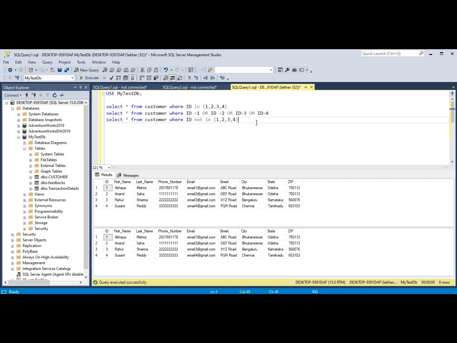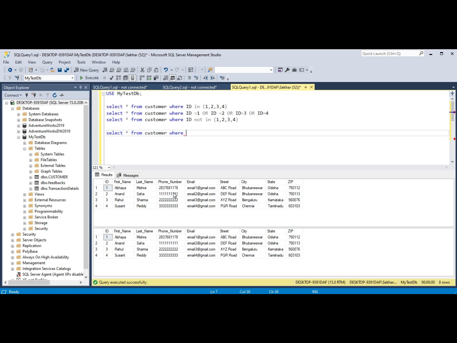And mostly IN is very useful when we want to pass a subquery. Suppose you have this query and we want to pass a subquery for a particular value field in this table.